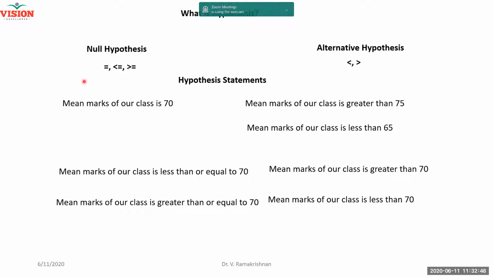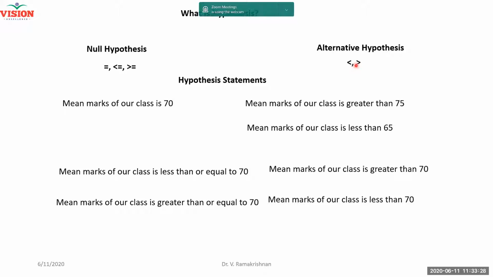See, this is how. Please note, this is very, very important. Equal to will always be the null hypothesis. Equal to will never be there in the alternative hypothesis statement. But there should be less than, meaning less than or equal to, in the null. To understand that, you can say that the alternative hypothesis will never be equal to, because without that number we can't do the calculations. These are all statistics, we need numbers. So if I say less than 75, that 75 I will be using. If it is greater than 85, I will be using the 85 number.